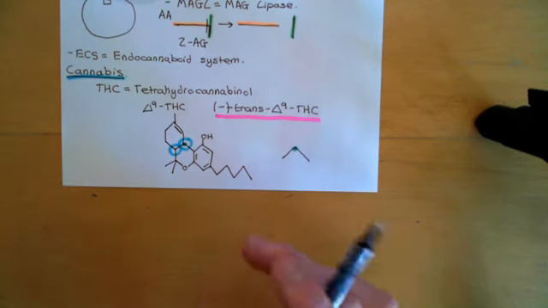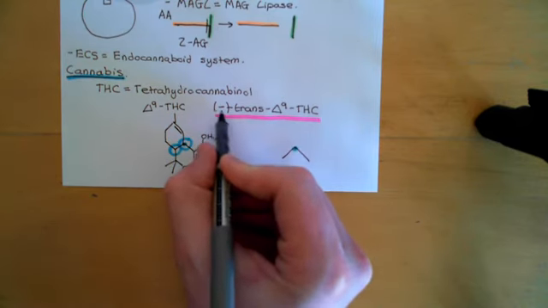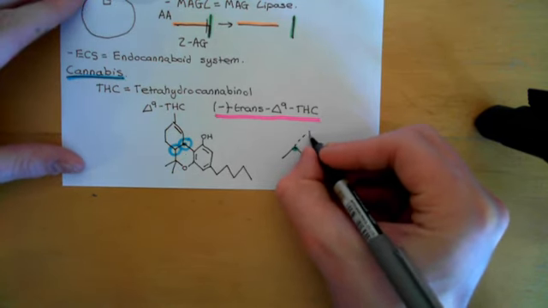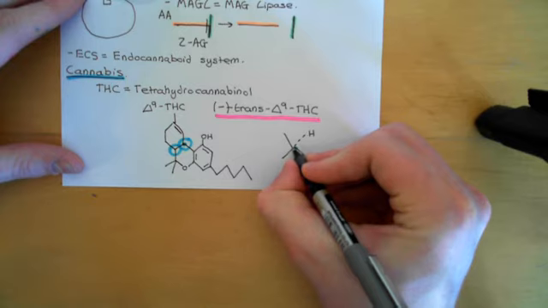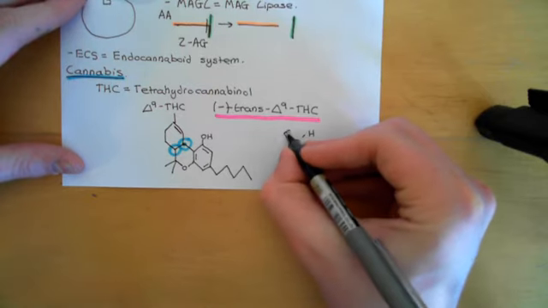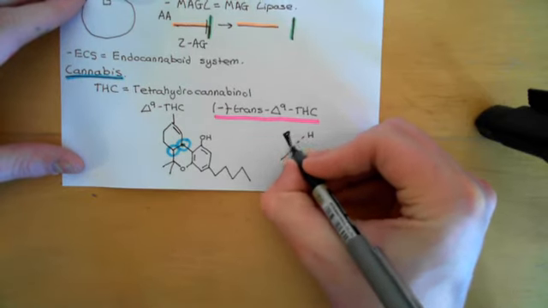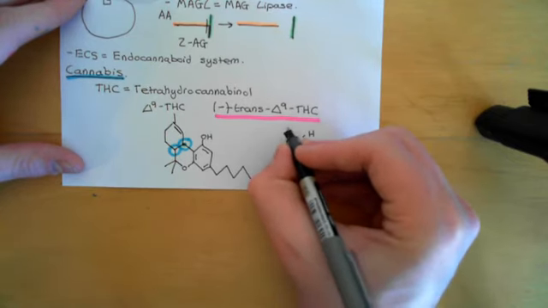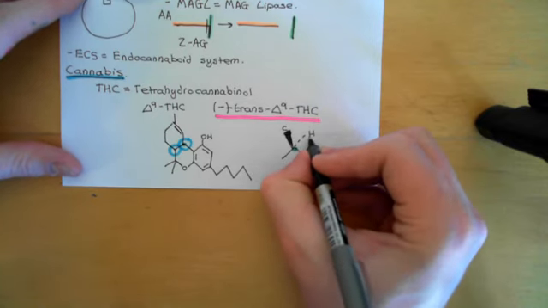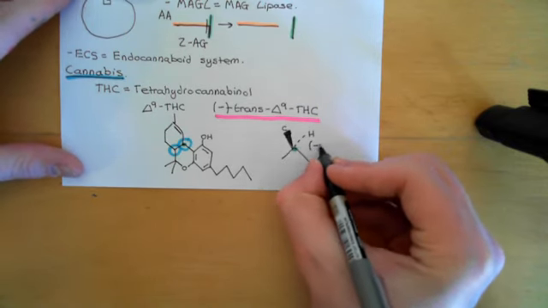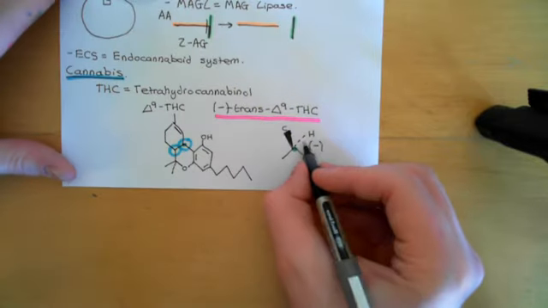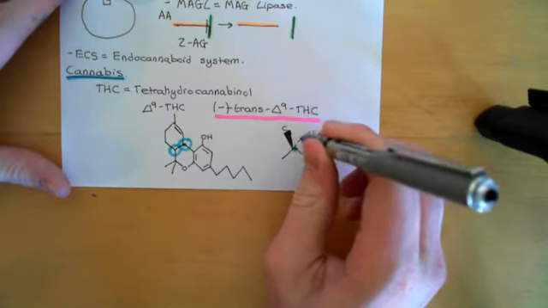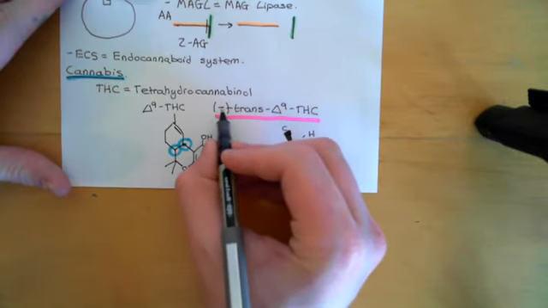Well, basically, this negative portion here tells you that the hydrogen is the portion that's going into the page away from us, which I'll abbreviate like so, and then this carbon that's part of this ring up here will be coming out of the page towards us. The way that I show bonds coming out of the page towards us is by it getting thicker like so. So the carbon comes out of the page towards us, the hydrogen goes into the page away from us. That is what this negative refers to. If you had it the other way round, with the hydrogen coming out of the page towards us and the carbon going into the page away from us, that would be a positive. You put a positive there.